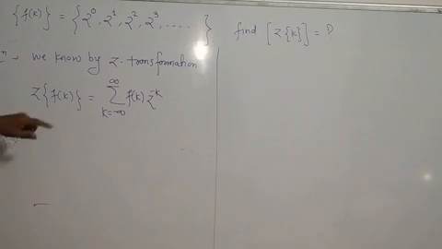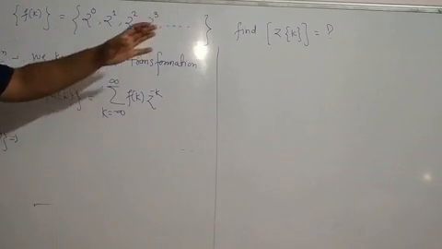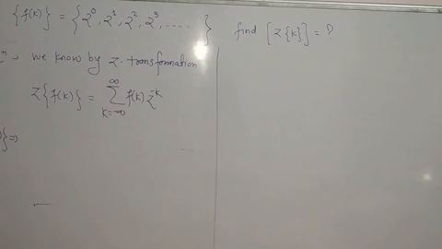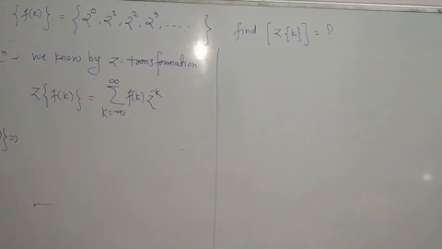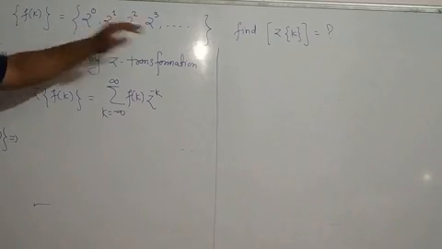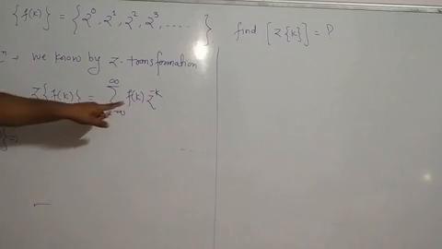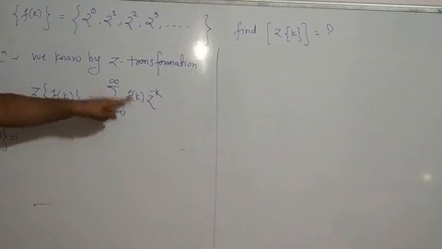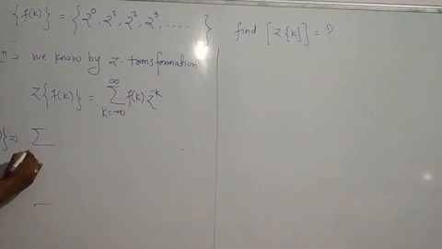Now if you see the question, you have the values of k as 0, 1, 2, 3. That means k is positive, starting with 0. So you don't have a negative k, and here you have k from minus infinity to infinity. So we split this single summation into two forms. Here they don't give us the values for negative k, so we can take the function to be 0 for the negative, because it is not given. So I'll split the whole summation into two parts: from k equal to minus infinity up to, you can say, strictly 0.